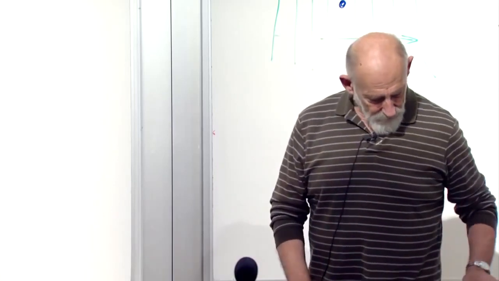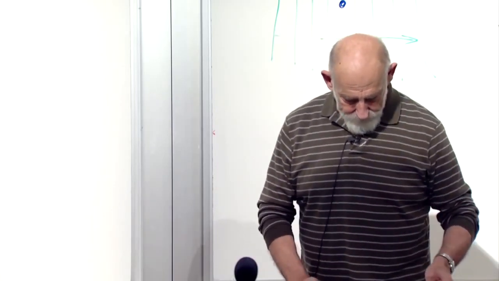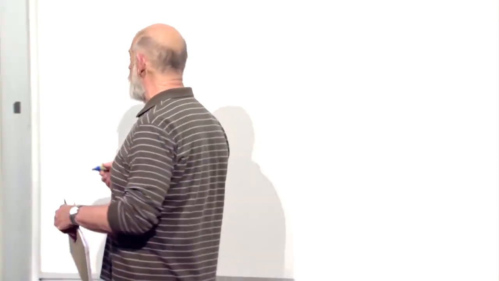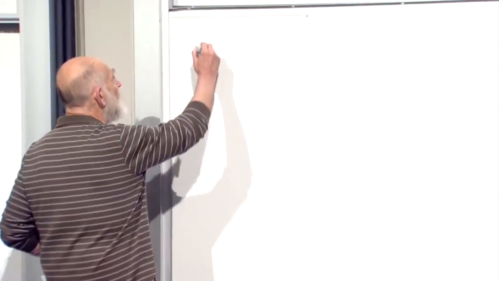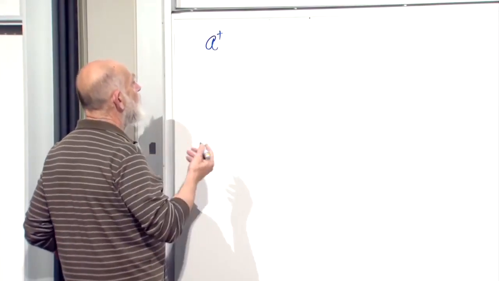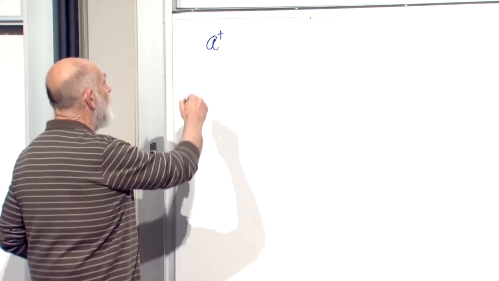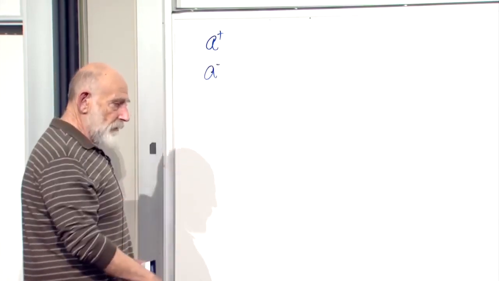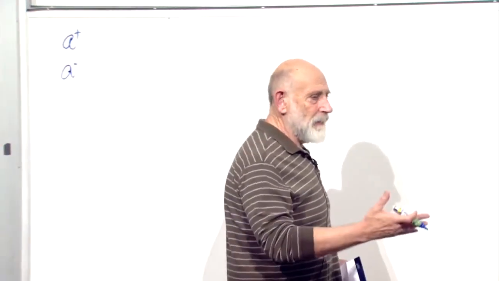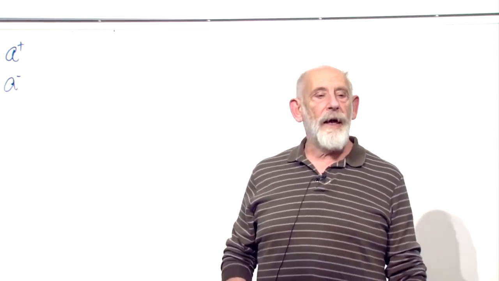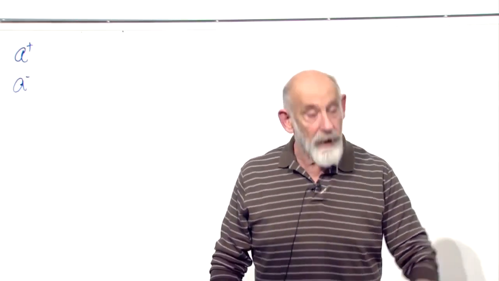We'll go through it a little bit, and I'll tell you one or two facts that I may not have told you about. So let's just write down the rules for a single harmonic oscillator. A pluses act on states to elevate them up to the next level. There are A minuses, which take you down. At the bottom level, the ground state, A minus gives you nothing. It just annihilates the state. All right, so A minus is the lowering operator, and A plus is the raising operator.